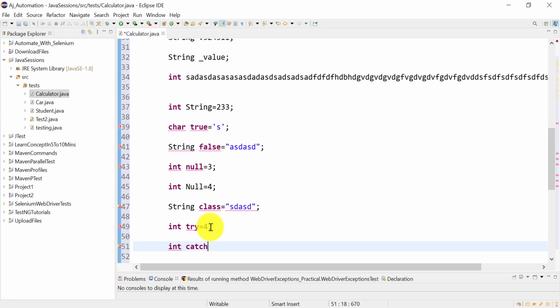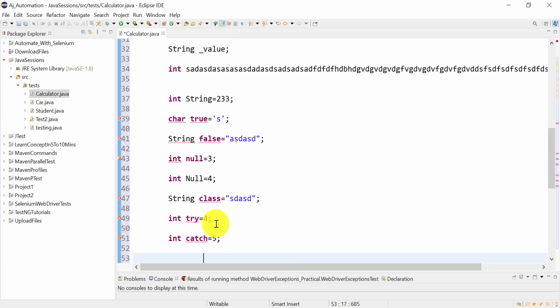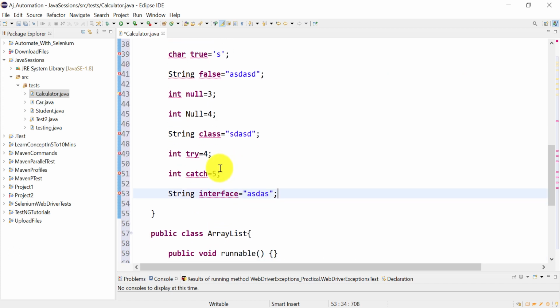Catch block, is it allowed? Not allowed. Then if you declare string interface equal to some value, this keyword is also not allowed as an identifier.